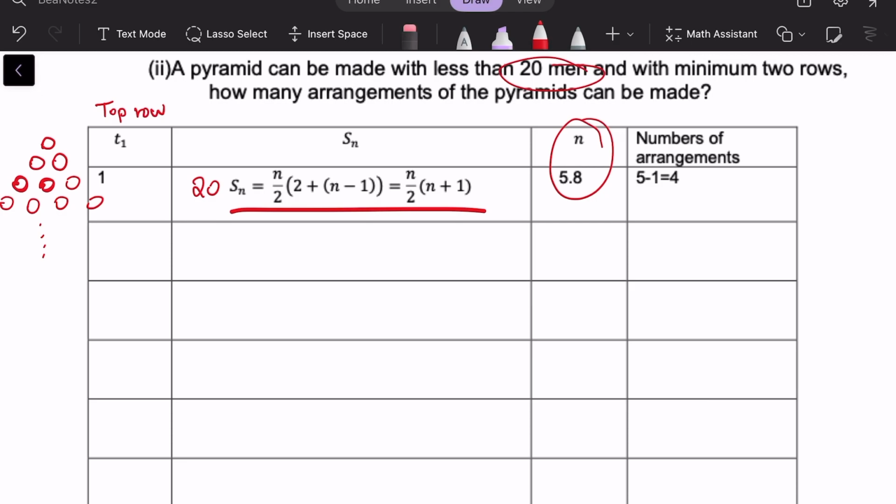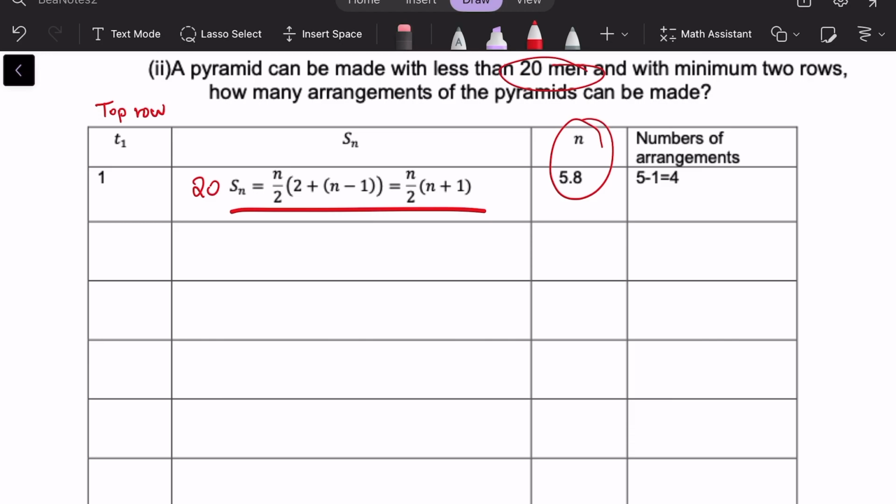So that's why there's 4 arrangements, because you can't have 1 row by itself. So you can have 2 rows, 3 rows, 4 rows, and 5 rows. So that's why there's 4 ways that you can make pyramids using a maximum of 20 men and 1 on the top row. It's a little bit tricky to understand at first,